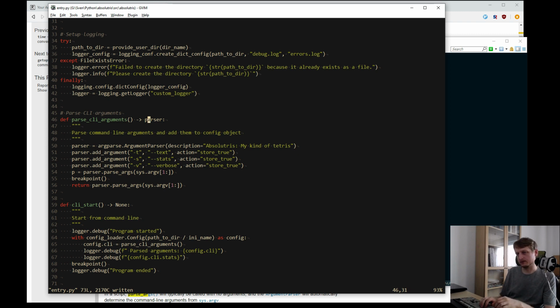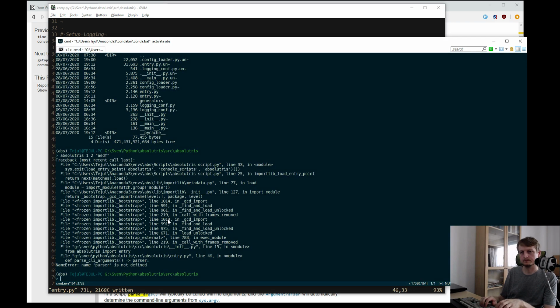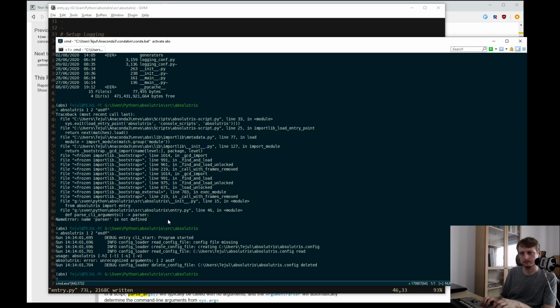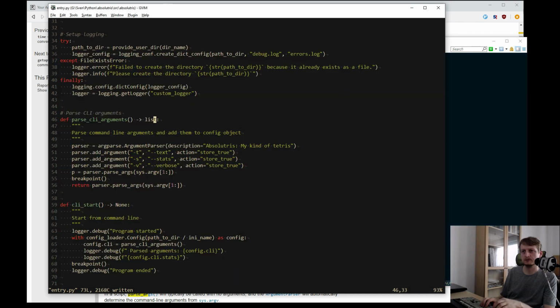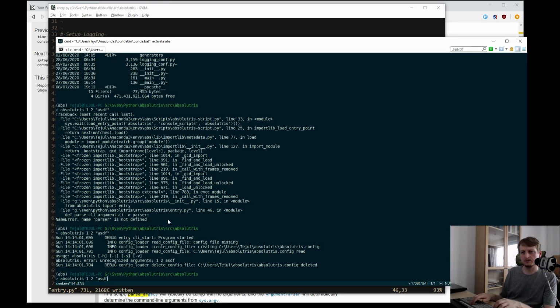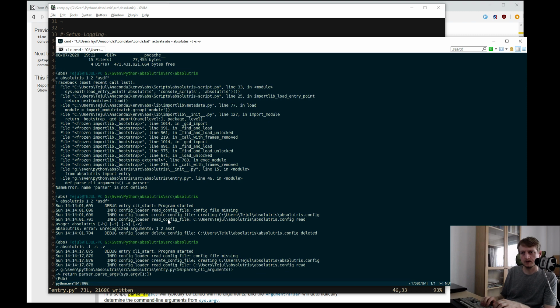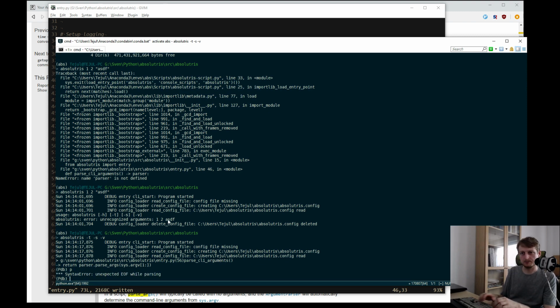So I don't know what it returns. I say a list. Unrecognized arguments. Okay, so it can recognize T and S and V, whatever. So we invoke it like minus T minus S minus V. Okay, so here we have the parse args, and let's see what it is.